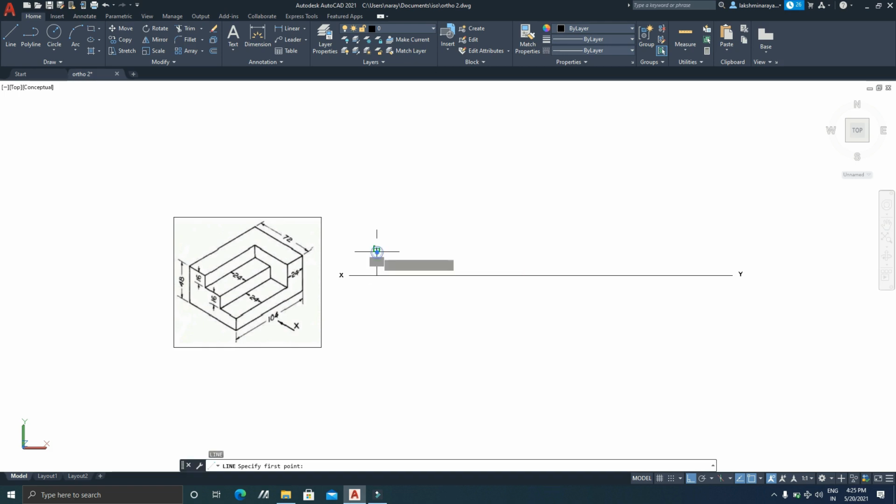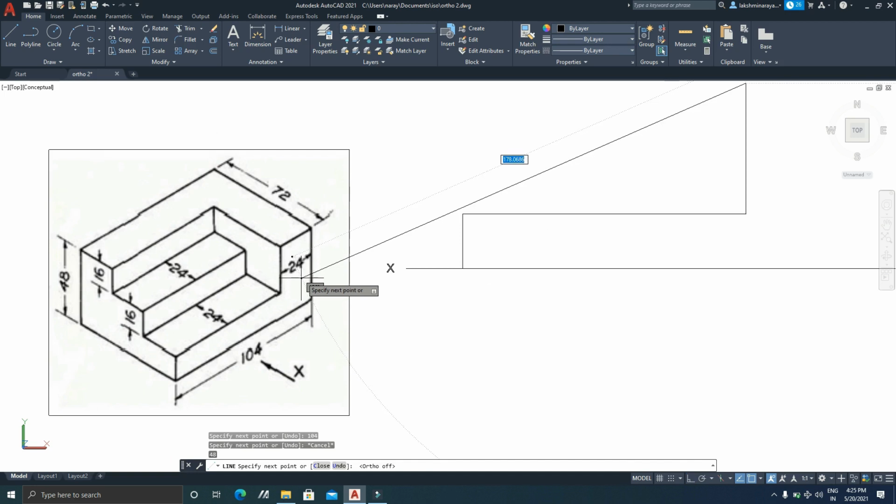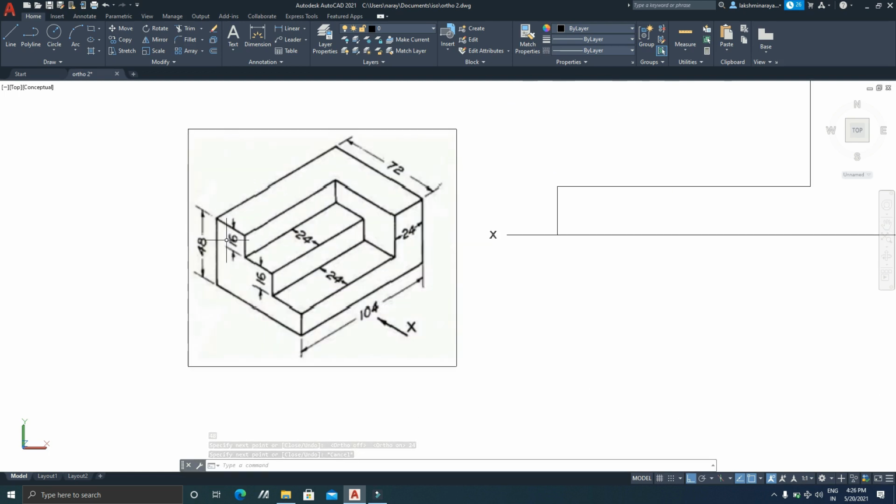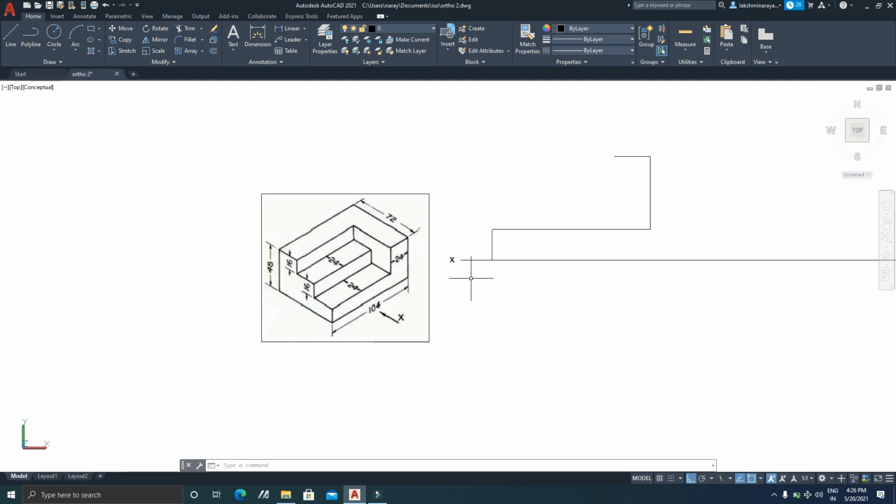First, draw a horizontal line which is of 104 in length. Now the height of the block is nothing but 48. So we can see here, right? For a distance of 48, draw a vertical line. If you observe here, the width is 24, right? I'm going to draw a horizontal line which is of length 24. From that, I need to draw a vertical line. This is the vertical line I need to draw. So total height is 48. If I subtract 16 from that, then I can draw the remaining length. 48 minus 16 is nothing but 32. So draw a vertical line whose length is equal to 32 and close this block.